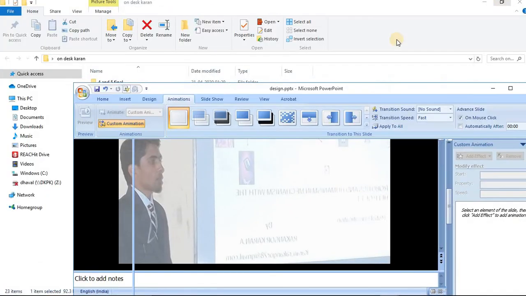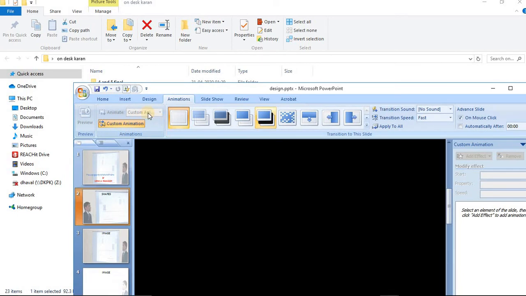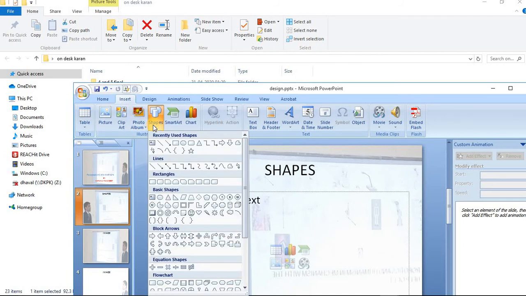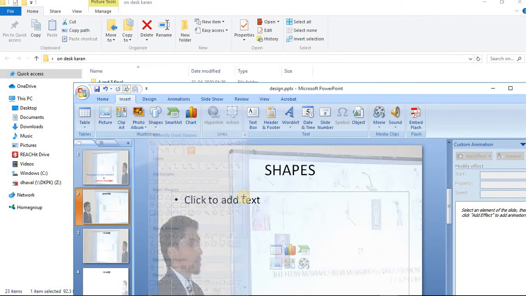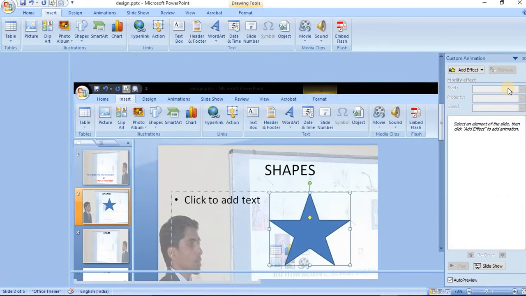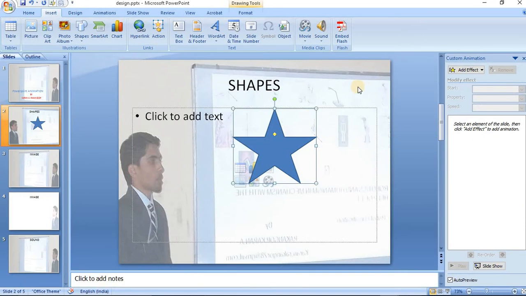Same thing again I'll show you. Just pay your attention. I would like to give an effect to a shape. Insert. You know very well how to add shapes. I'm adding a star. You all are stars. Yes, you will be learning all these things. Day by day you will learn computer. Then you become smarter than me, and the day will come you will learn all the things like this.